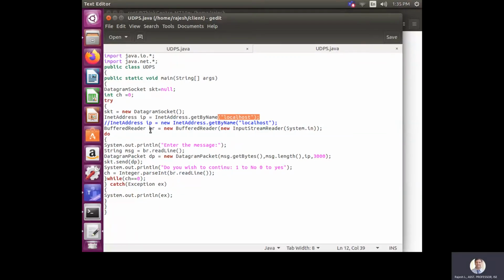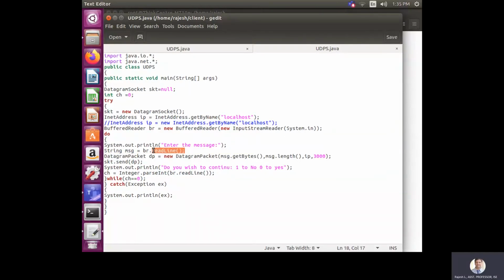Now BufferedReader is a class of which we create an object: br = new BufferedReader of InputStreamReader; whatever data you input is stored into this br. Do System.out.println("enter the message"), and String message = br.readLine().